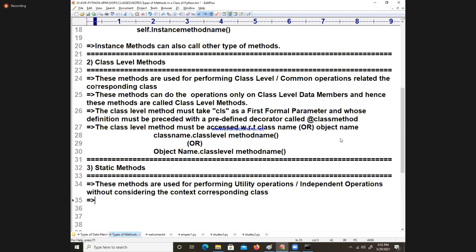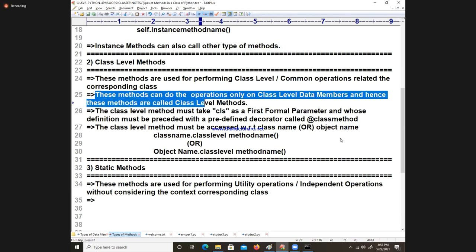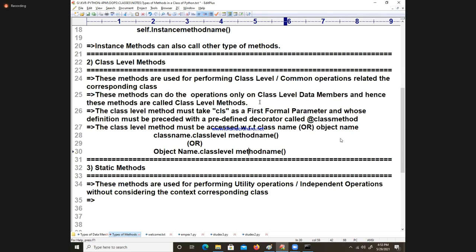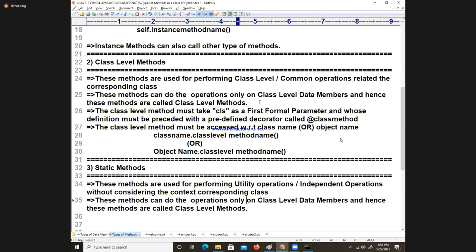These methods are doing utility operations, independent operations. It is called static. Static means one operation useful to everybody. So, since these methods are doing operations on any class object, these methods can do operations on any class object.